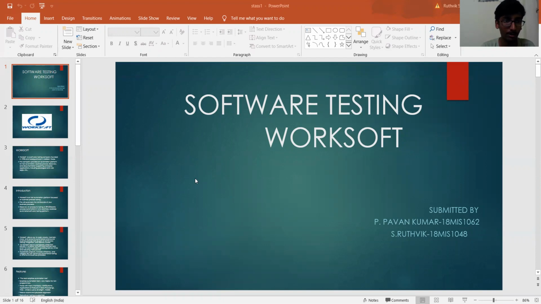Software testing is a process of verifying a system with the purpose of identifying any errors, gaps, or missing requirements against the actual requirements. And mainly, software testing is broadly divided into two types: functional and non-functional testing. Functional testing is a type of software testing that validates the software system against the functional requirements or specification. And non-functional testing is defined as a type of software testing